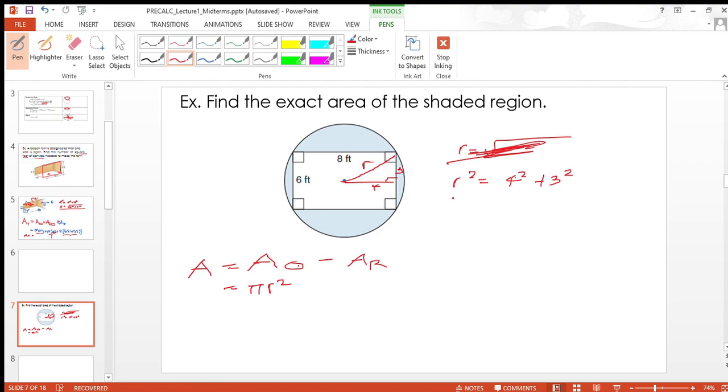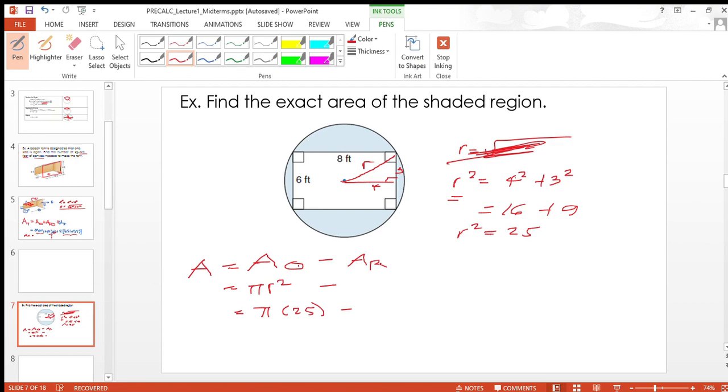Anyway, our formula for the area is pi r squared. So after computing r squared here, that's 16 plus 9. Therefore, r squared will be 25, or r is 5. But anyway, again, we need r squared here. So this is pi times 25. And then minus